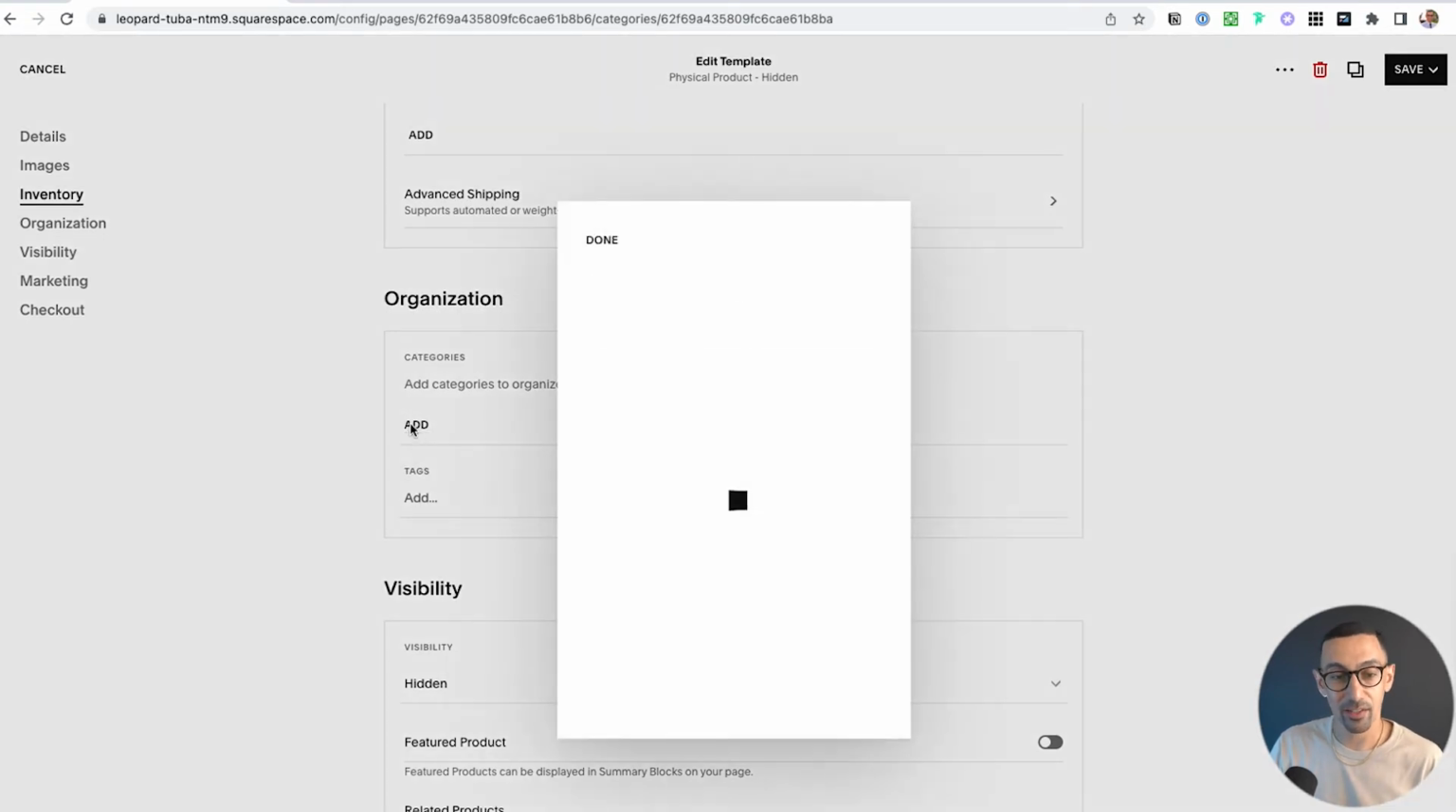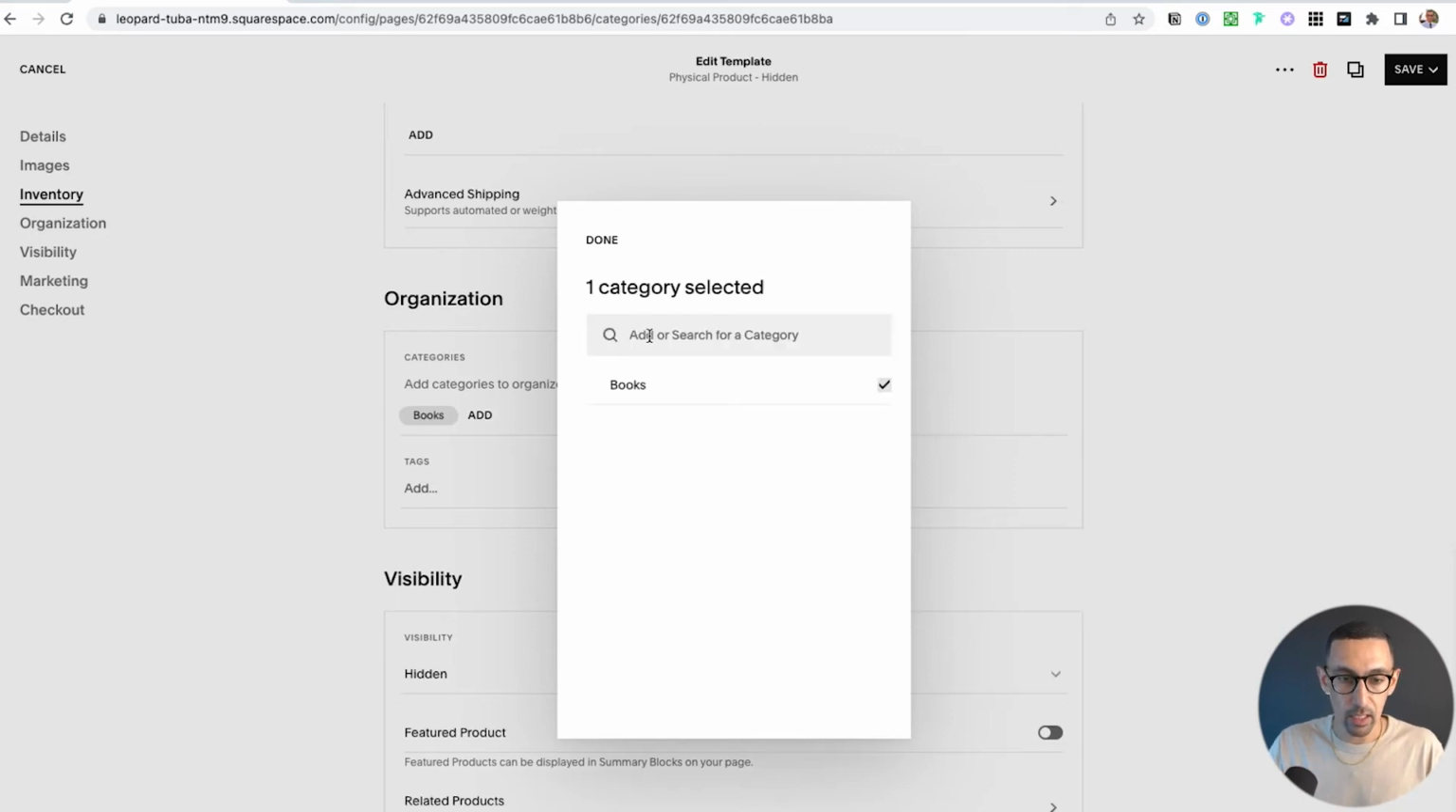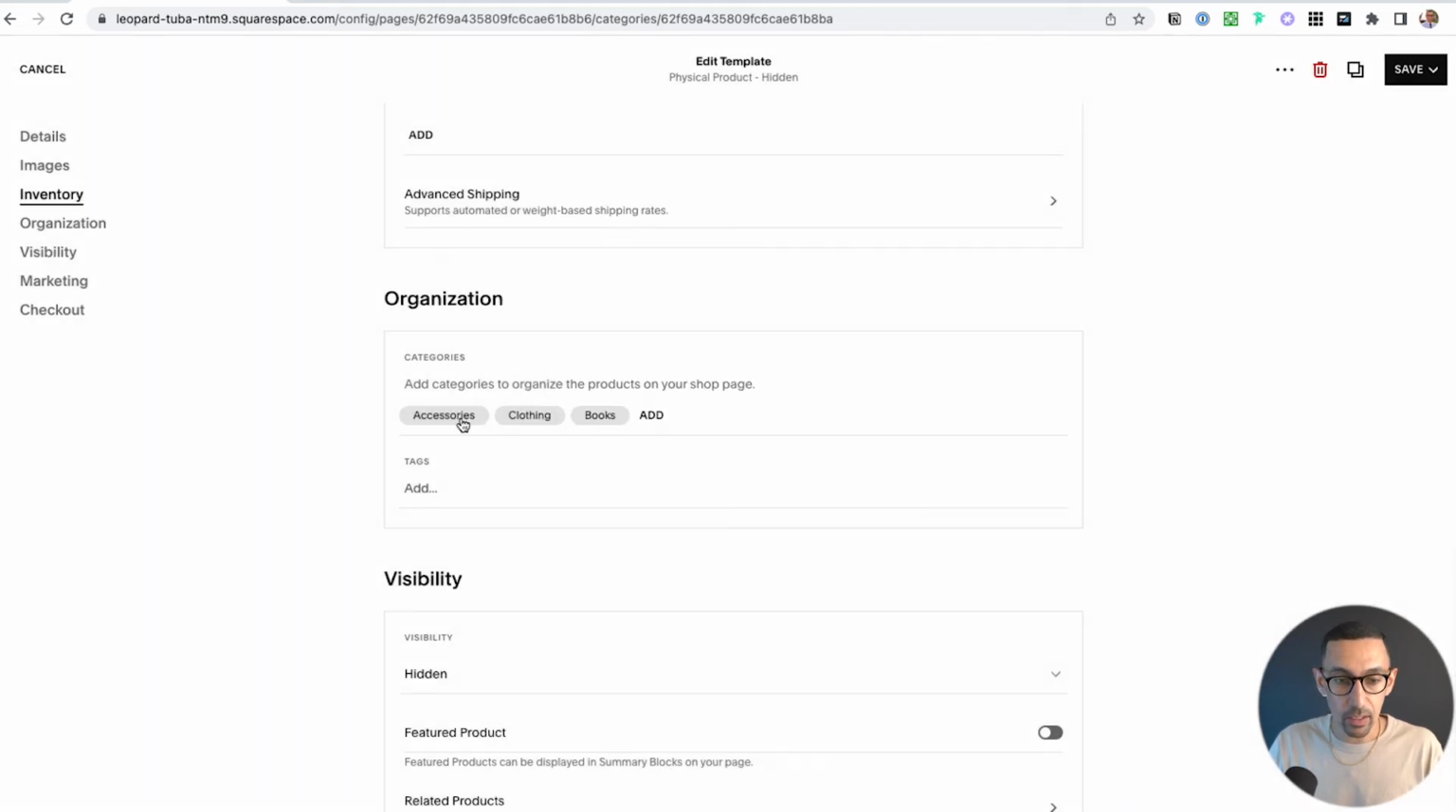So these are tags and categories. You could definitely create tags. If this is like books, and then clothing, and then let's say accessories. Cool. All right, so we have these three tags created. I could have them all checked or just none of them. In this case, I'm going to do all three and hit done, because you'll see here, if I just click